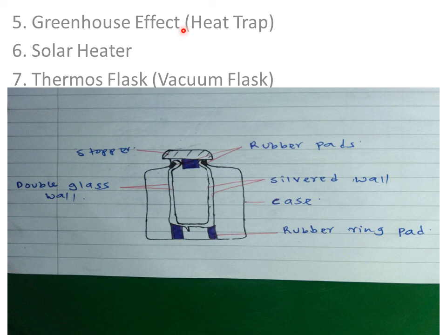So greenhouses are used in providing appropriate conditions for plants in cold what? Regions, in cold regions. The radiant heat gets into the greenhouse, it is absorbed by the plants, then the plants and the soil emit radiations of low energy which cannot penetrate out of the greenhouse. So it means that heat is trapped within the greenhouse. When it is trapped there, the temperature of the greenhouse will be high.